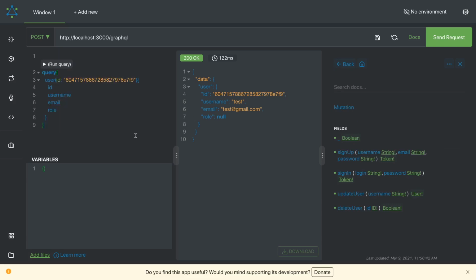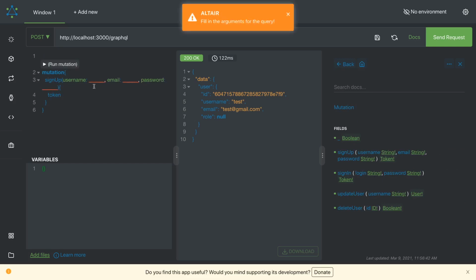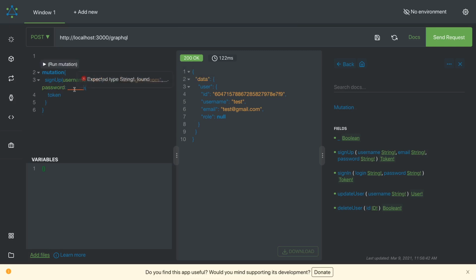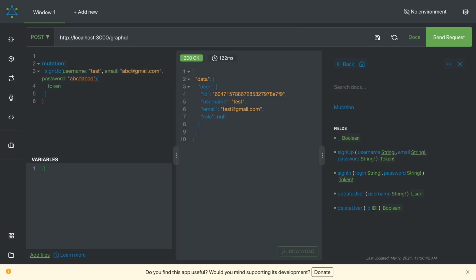In the mutations, you can create a user. So I'm talking about sign up. Here you can start with a username, email like abc@gmail.com, and the password, just wrap it with double quotes. Okay, our payload is valid. We'll just trigger this,